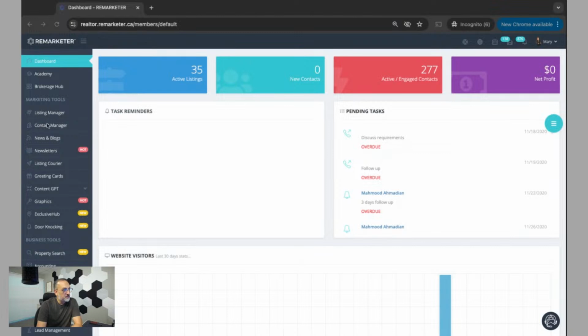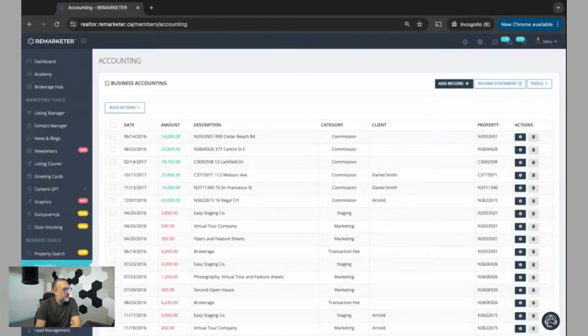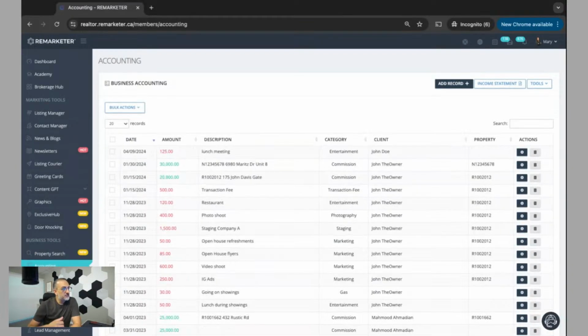So let's start with the accounting modules. I usually like to start with the accounting module, and then we'll move on to the transaction, and then we go on. So I'll show you two separate scenarios. One is when you are selling a property, and another one is if you're acting as a buyer's representative and you're purchasing a property. So the accounting module is basically a ledger that will allow you to record all your